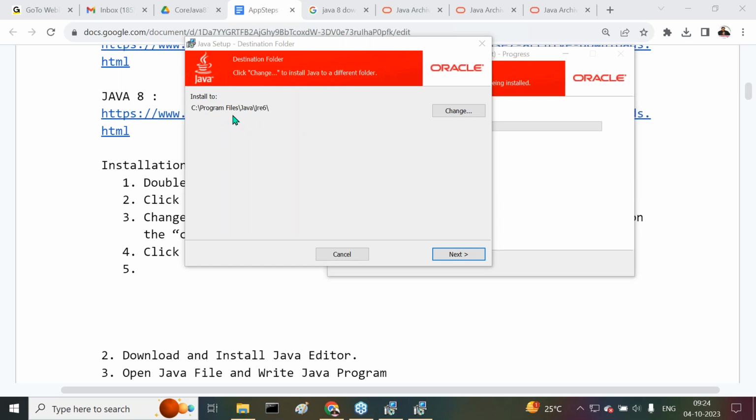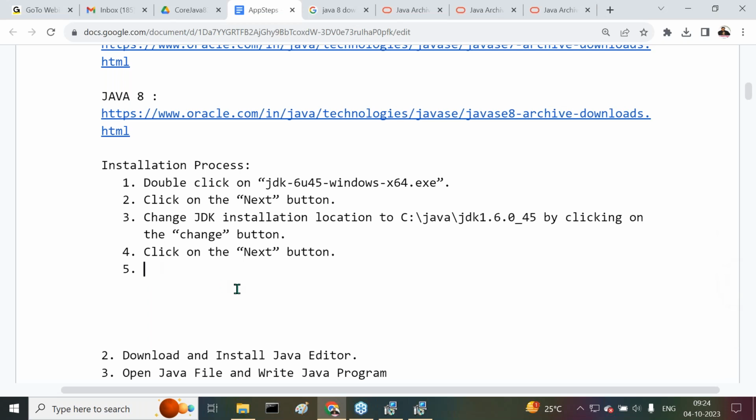Right, so leave this one. Now it is asking about the JRE location. What do I have to do there? I need to change that location here now. As you are already aware, I don't like to install my software under Program Files. So I want to install my Java software directly under the C drive. So what do we have to do here? Change the JRE installation location to C:/Java/JRE6